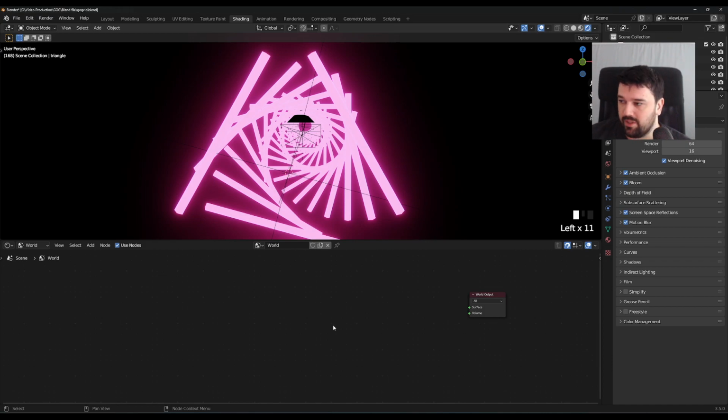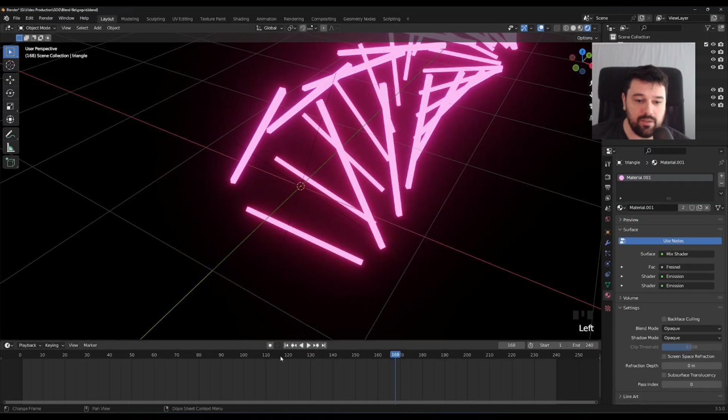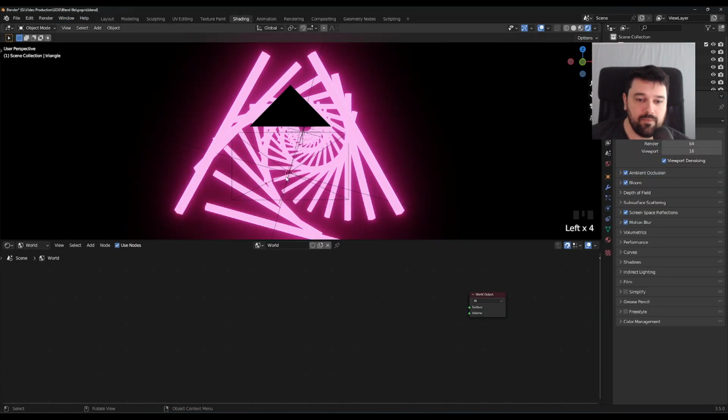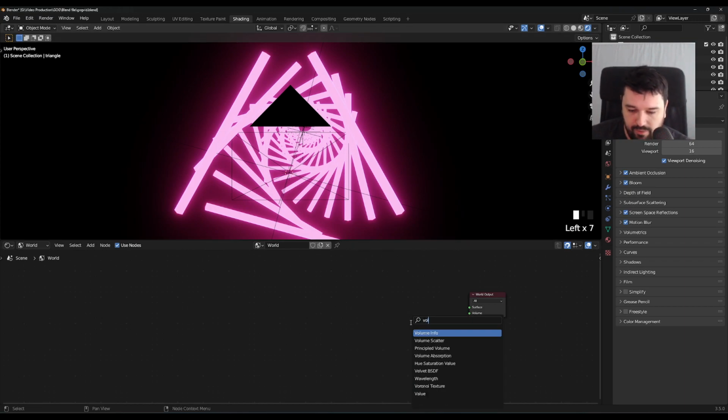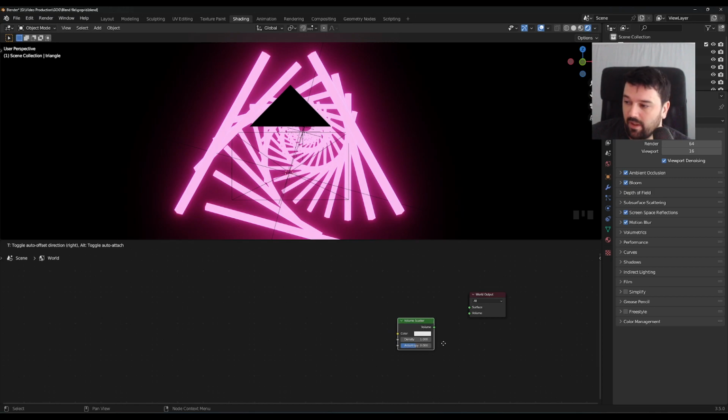And what we're going to be doing first of all is adding a teeny tiny amount, and I mean a very small amount of volume to our scene, which kind of scatters the light that's being produced by our triangles here. So we're going to do Shift A, search for volume scatter. Now this is on way too high, so we want to bring that down to about 0.008. That is the kind of level that worked in my last render, and we're going to pump that into